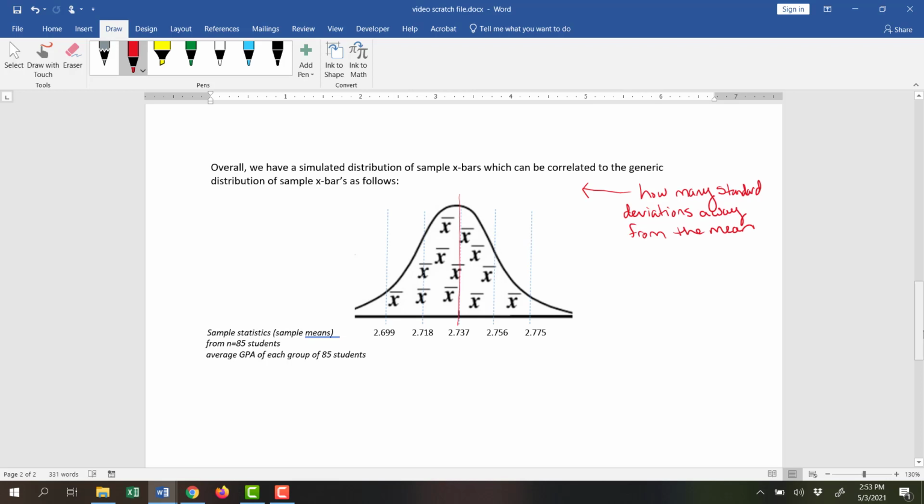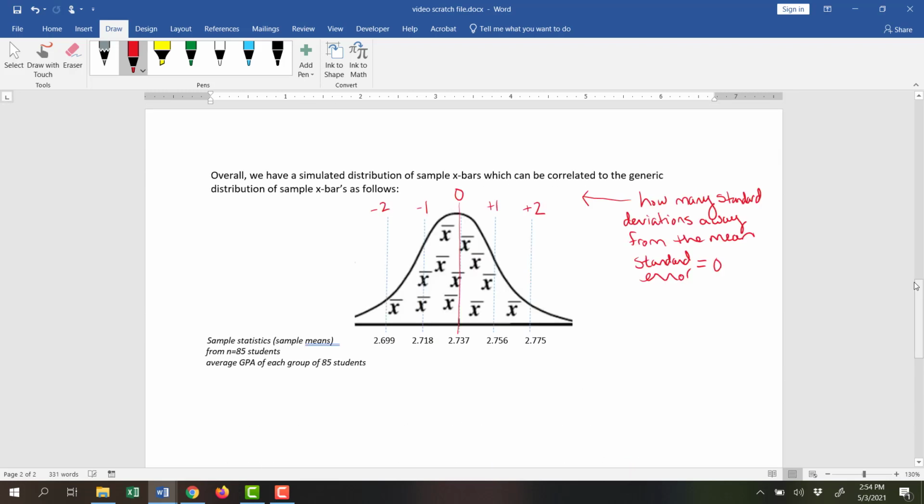The mean, of course, is 0 standard deviations away from the mean. The first line to the right is 1 standard deviation above the mean, then 2 standard deviations above the mean. Going the other direction, we have 1 standard deviation below and 2 standard deviations below. The given standard deviation, the given standard error, is 0.019. So the distance between each of these vertical lines is